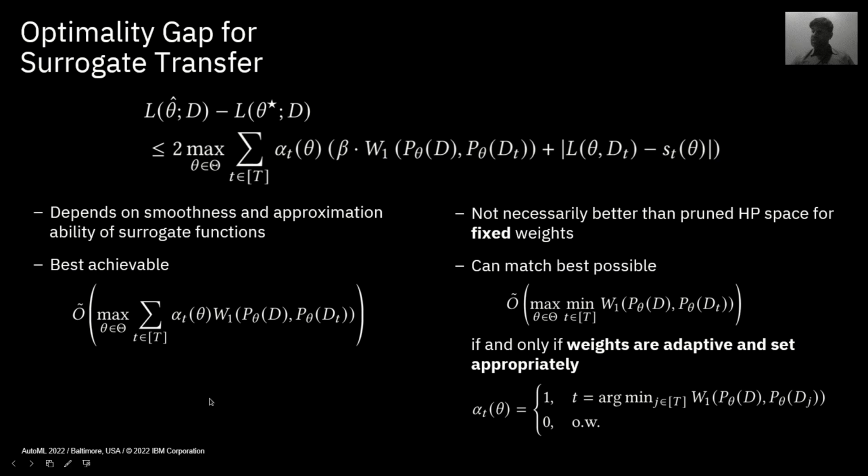The best achievable gap bound in this setting is of the order of the max over theta of a weighted sum over the per task one Wasserstein distance between the target distribution p sub theta d and the source p sub theta dt. Note that this weighted sum bound is not necessarily better than the best achievable bound for the pruned